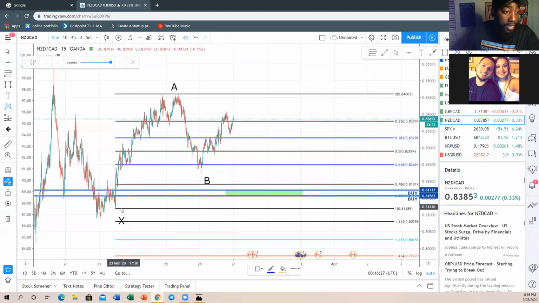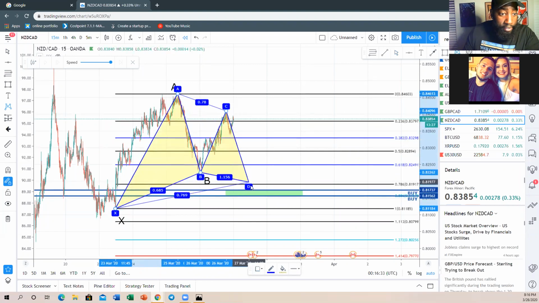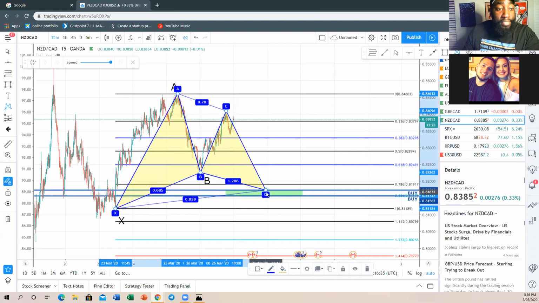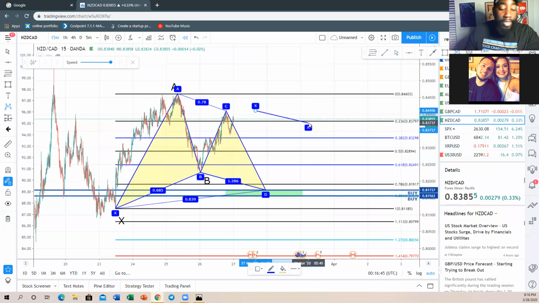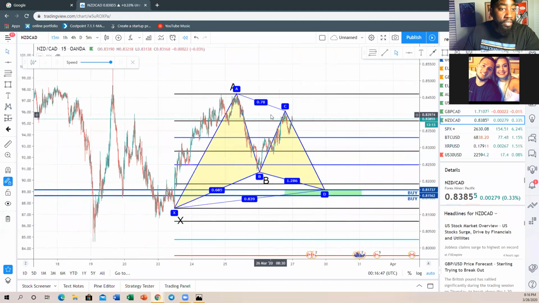So what we have is X to A, A to B, B to C, C to D. Bam. Now this D point is subject to change because we don't know where the C point is going to end yet. So this one, I would not sell it yet unless I get some really, really good confirmation on it. Now, what I do see on this also is,